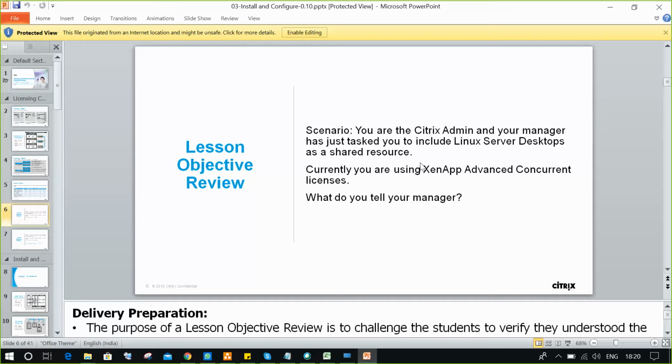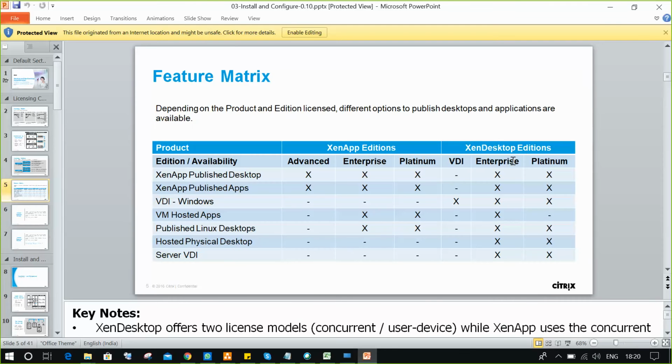Now this is a question we already explained previously. It is called a scenario. Your manager is assigning a task: please include a Linux server desktop for shared resources. But you are currently using the XenApp Advanced concurrent license. With the XenApp Advanced concurrent license, only XenApp published desktops and published apps are possible. Your manager is asking to include a Linux desktop.